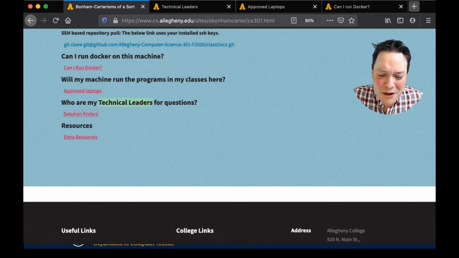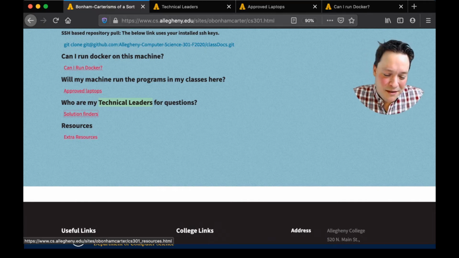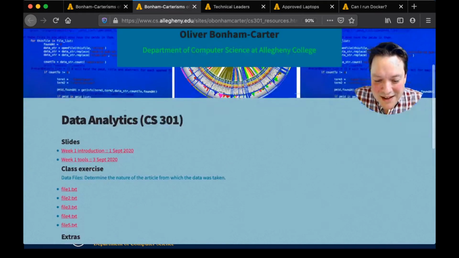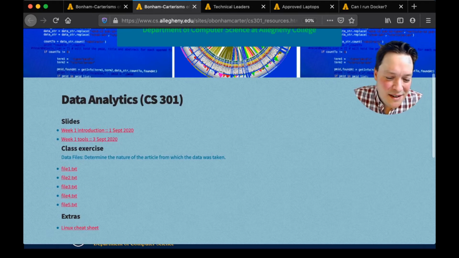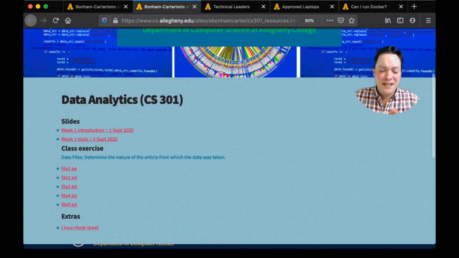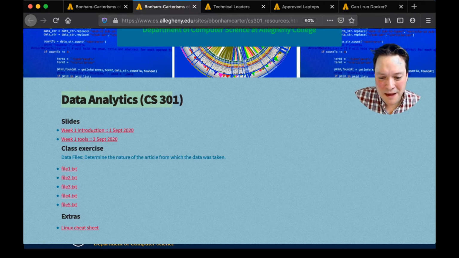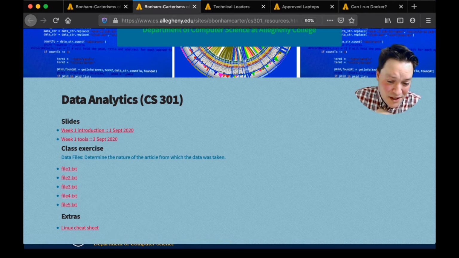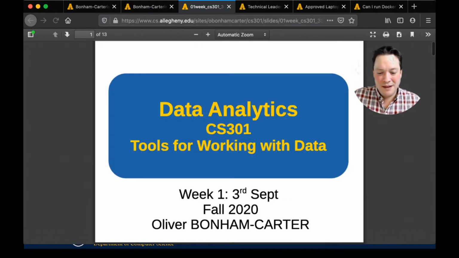I'm going to go down to the extra resources part of the web page here, and you'll see that, for instance, I have added another slide here. I'm hoping that today is the last time I have to add slides to the website, because we are going to be using Git. In fact, that's part of today's actual discussion, which is how you can install Git on your machines.